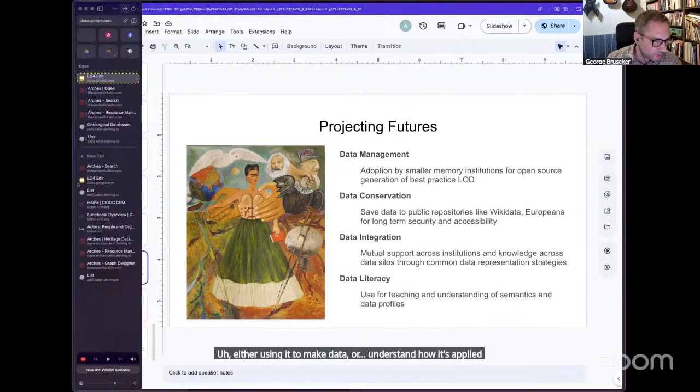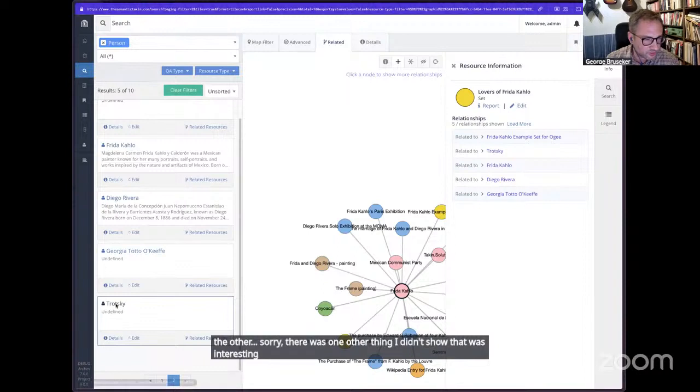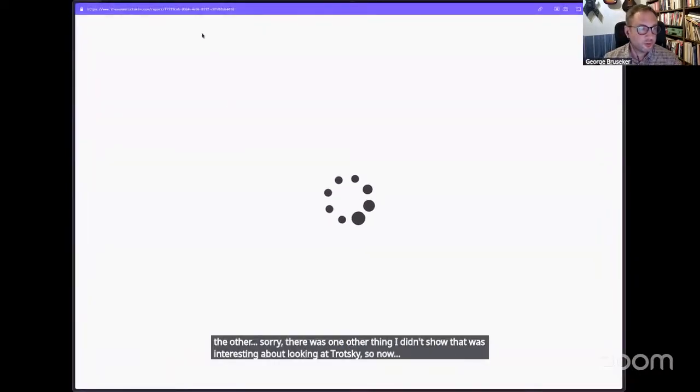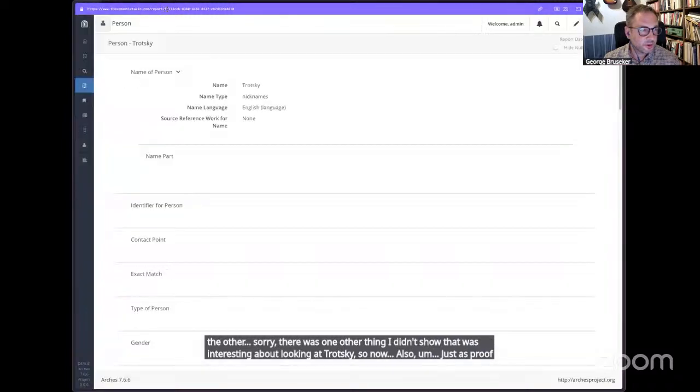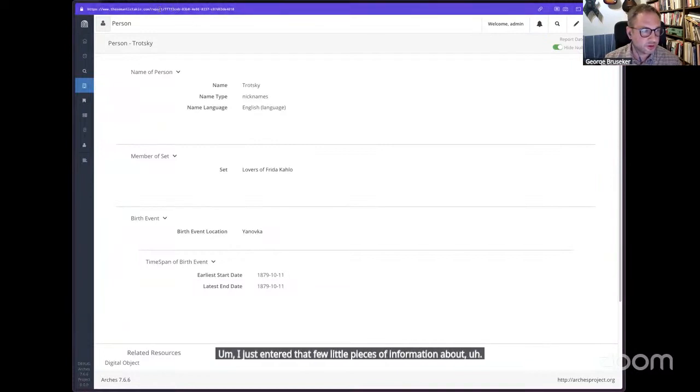Oh yeah, sorry, there was one other thing I didn't show that was interesting about looking at Trotsky. Just as proof of purchase, I entered a few little pieces of information about Trotsky here.